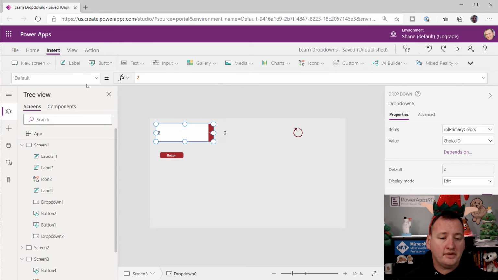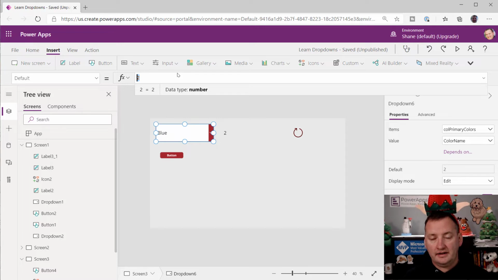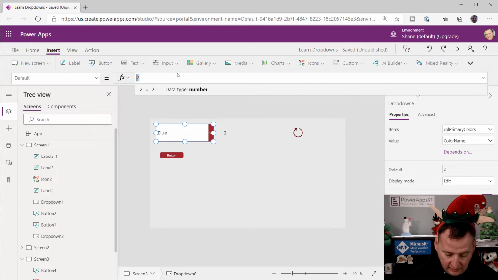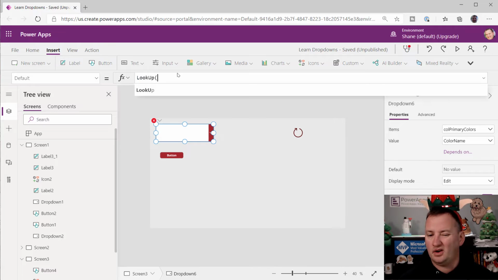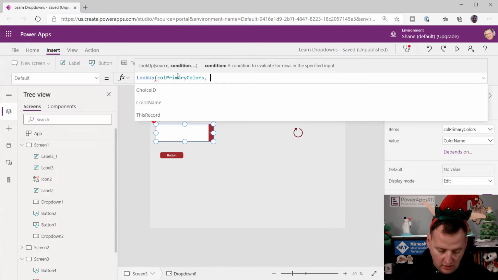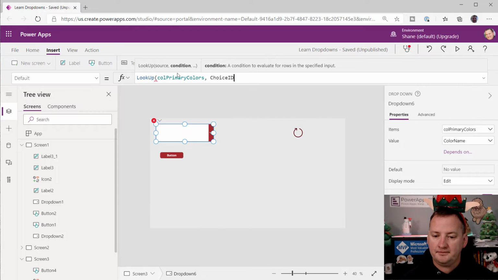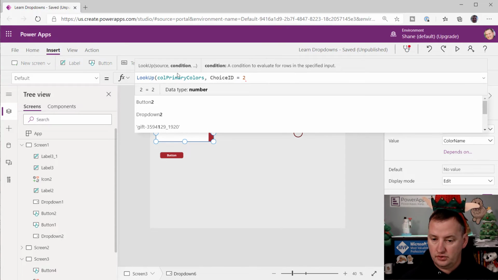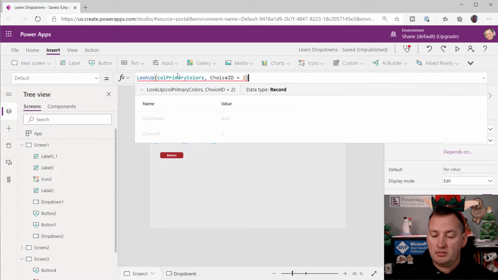So you wanted to have the default be 2, but have this actually show blue. So let's change this back to blue. To do that, you would have to translate 2 into blue. There are a lot of ways you could do this, right? But you could say look up col primary colors where choice ID equals 2, and then show me, so that gets the record, perfect. Oh look, dot color name